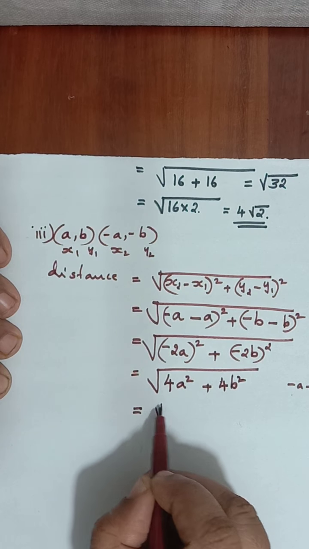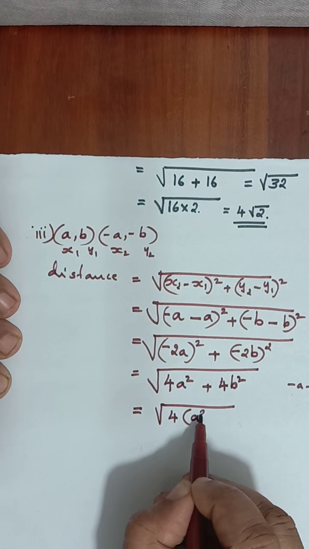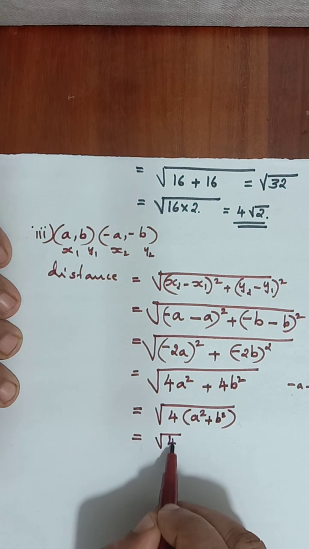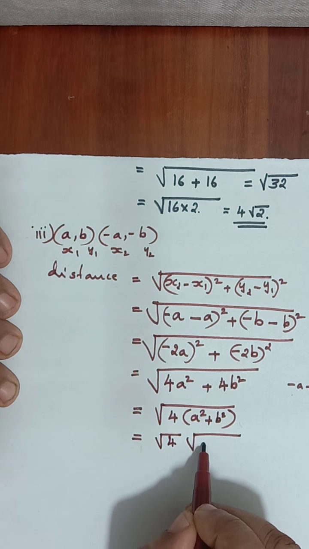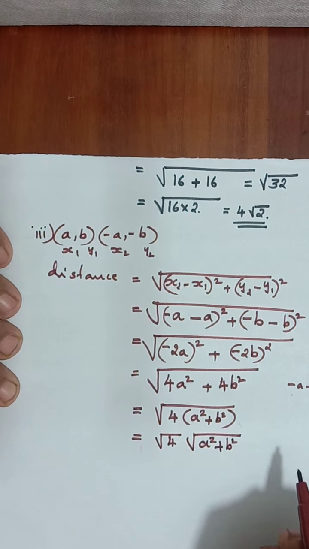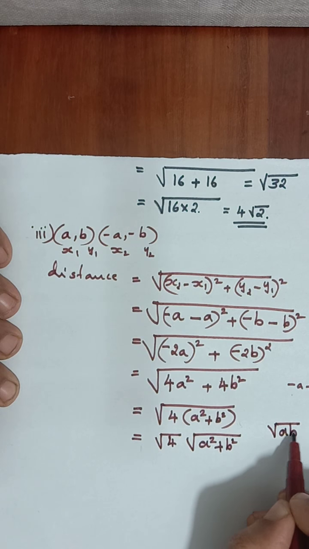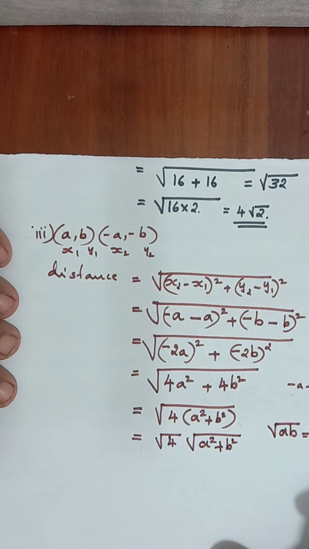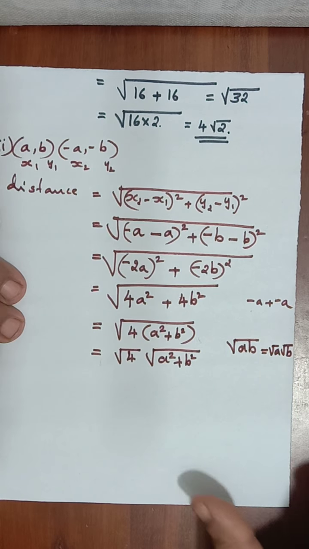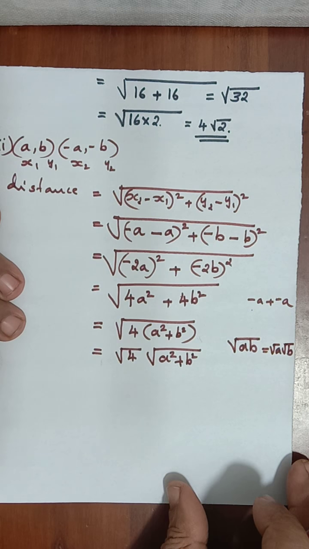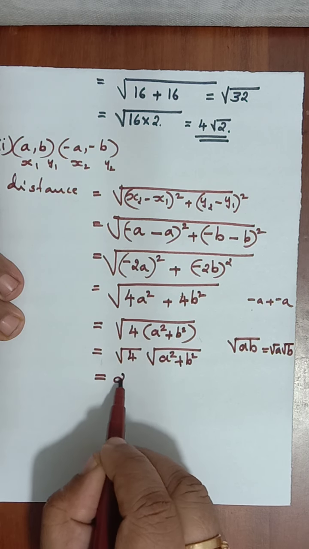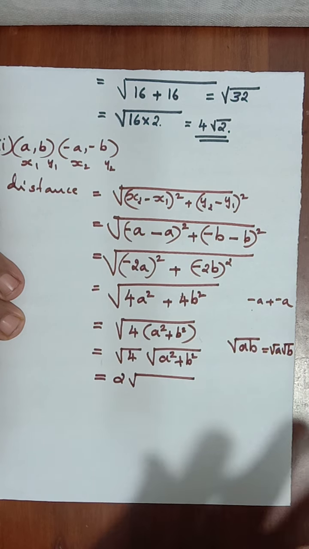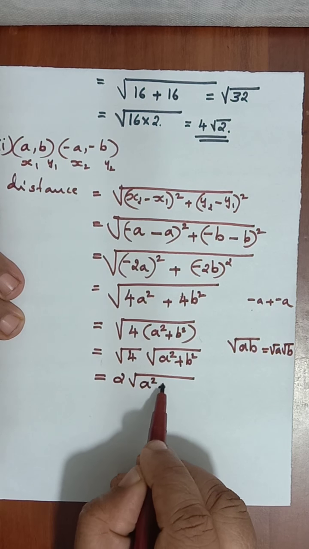Now let us take square root of 4 into a square plus b square here we have. We can separate the root, children. Root 4 into square root of a square plus b square. By which law? Root of a into b equal to root a into root b. By using this we can do root a into root b. In multiplication and in division we can separate. So root 4 is 2. So the answer is, don't separate the addition. Okay, root a square plus root b square we cannot write. Square root of a square plus b square.